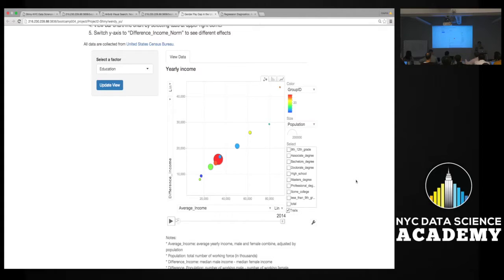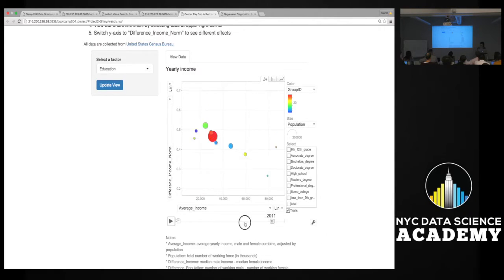However, it doesn't really mean the gender pay gap is getting greater, because the differences can just be based on the average income. So what I thought we should do is normalize the differences. Now we can watch this again. Now this point means